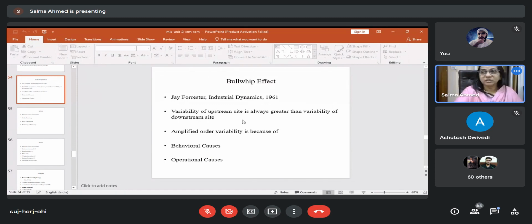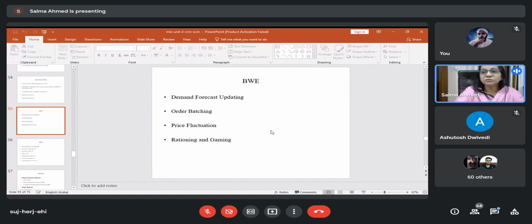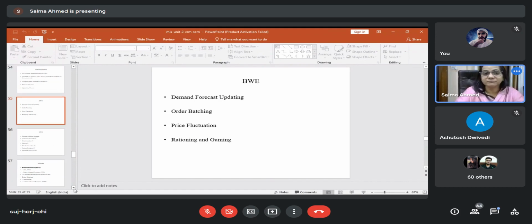So there are two causes which in fact influence the supply chain: operational causes and behavioral causes. There are n number of works done on operational causes. There are few on the behavioral causes. So all these, there could be 24 to 36 reasons. So if we rank the reasons, there are four major causes identified in a supply chain,